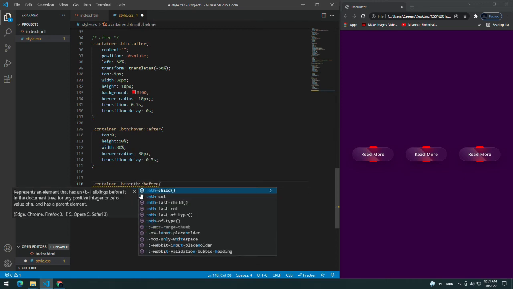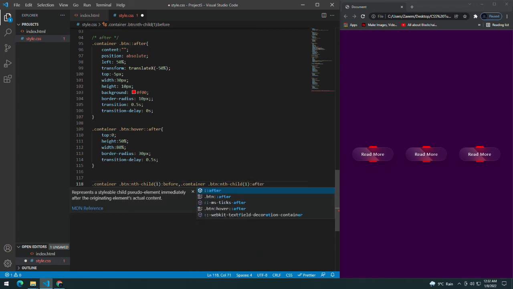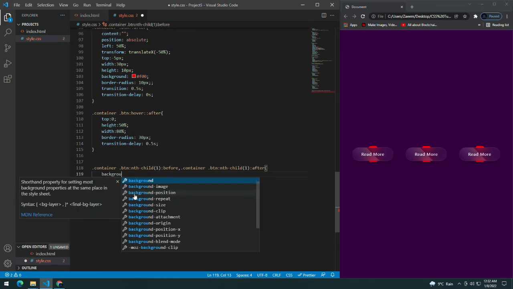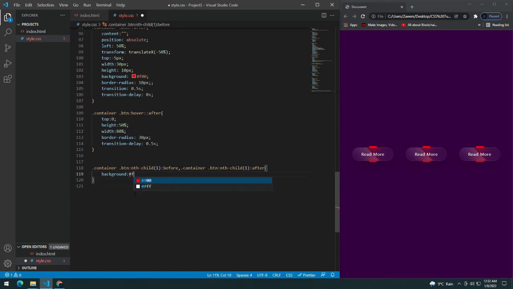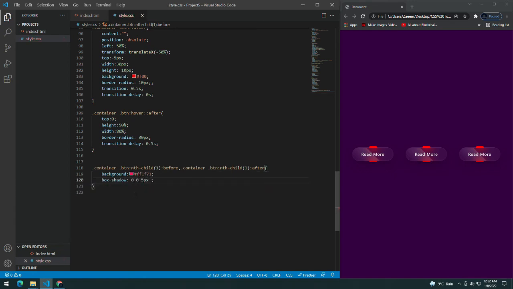Basically there were 3 children with the same button name, so I will use nth-child 1, copy this, comma, paste this, and change it to 1, before and after for the nth-child, for the first button basically, and give it a background color of #FFF1F71, and a box shadow. Maybe copy this and paste it.